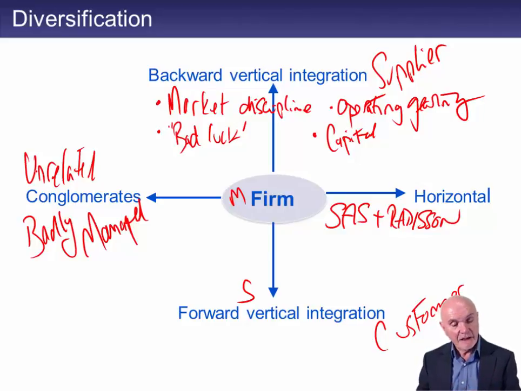Having said all the downsides, it's worth mentioning just one or two positives about it. And perhaps the single most important one is that if you take over your supplier, you get assurance of supply. Particularly important if there aren't many alternative suppliers around. And we mentioned this when we were talking about Porter's 5 Forces. We said that if you were reliant on one supplier for a special component, which they were really the monopoly suppliers of, then what you do maybe is to take them over, and then you can cut out the other people. So assurance of supply, or indeed assurance of distribution, may be one reason to do it.